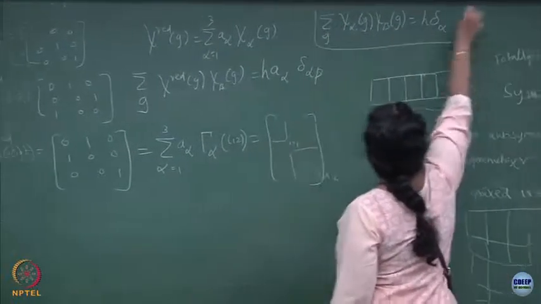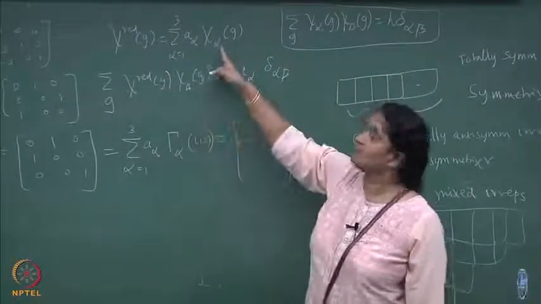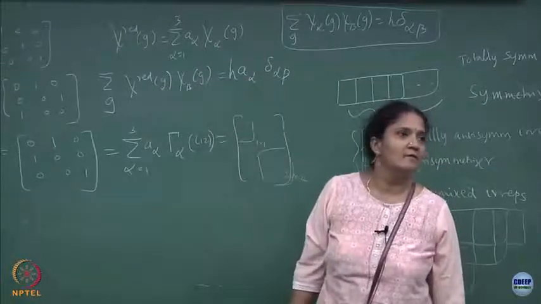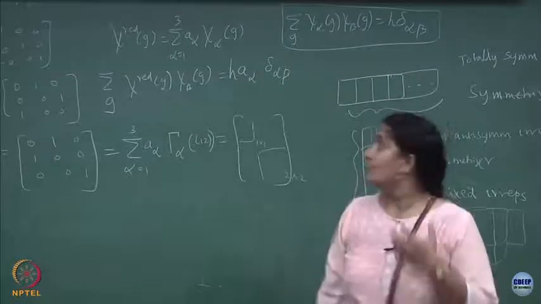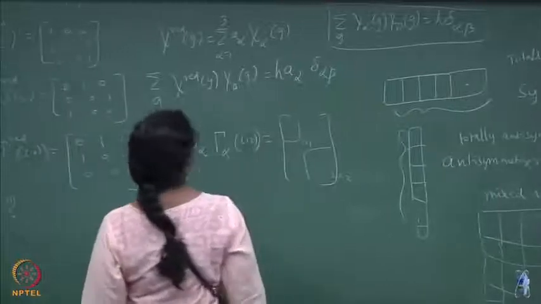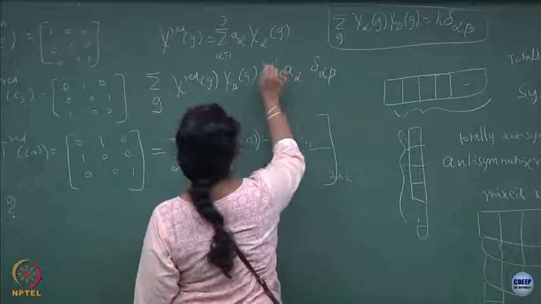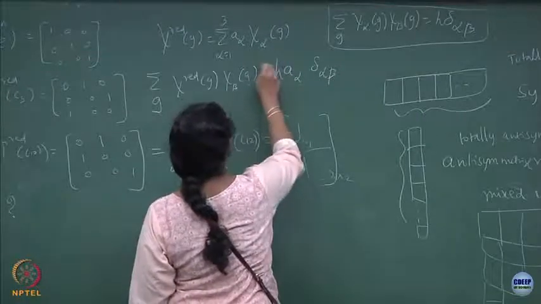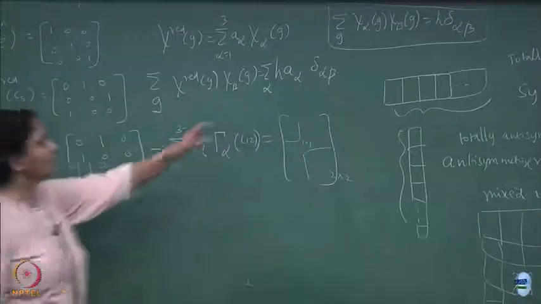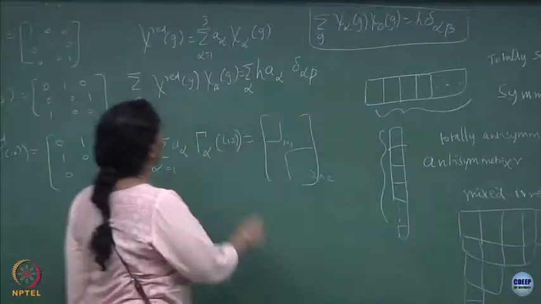I am just using this property to simplify by multiplying this. So, there is an A alpha times H times. Where is the summation over alpha? Yeah, thank you. Good. So, summation over alpha will be there here, fine. Good point. And then it is going to be 0 for all the alphas other than only the beta. So, from here you can derive